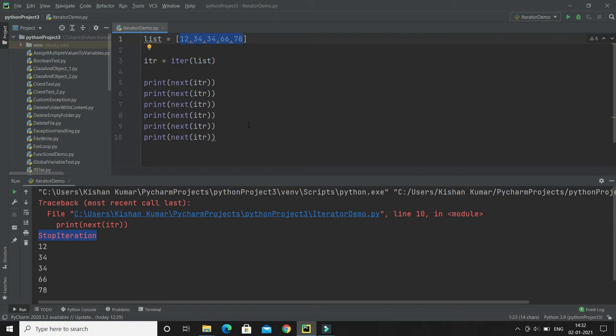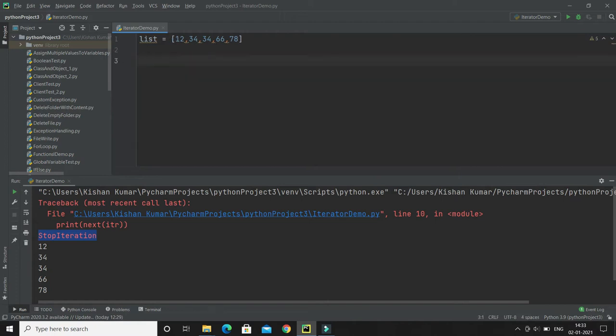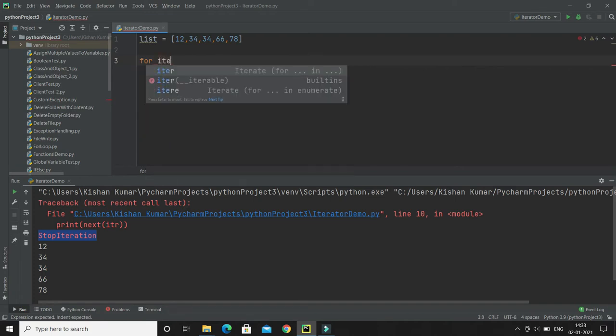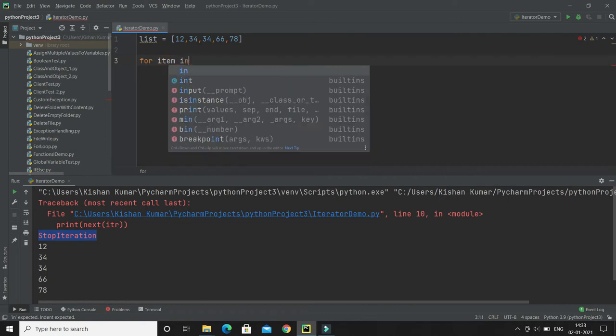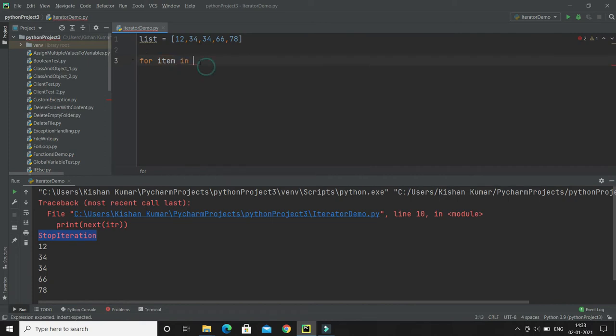So is there another way to iterate over all the collection elements? Yes, we have. Instead of getting the iterator object out of this collection and calling next every time, we can use a for loop. You write for, then you can give any variable name, and here I'm giving the variable name as item, in, and you have to pass the iterable object.